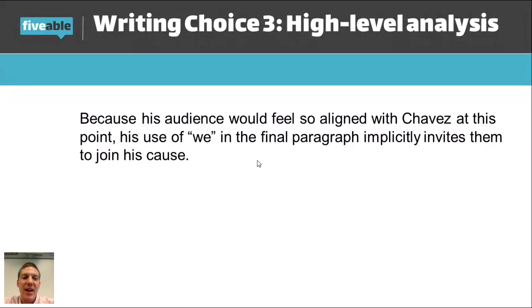He's implicitly inviting them to join his cause. And then I would unpack even below here, why did he choose to do that, and why did he choose to do that with his specific audience in mind? By that, I mean invite them implicitly as opposed to explicitly. Why didn't he just come out and say, I encourage you to help me fight nonviolently for these farm workers? Why did he focus his time and attention on nonviolence versus violence? And that's interesting, and you can unpack that.